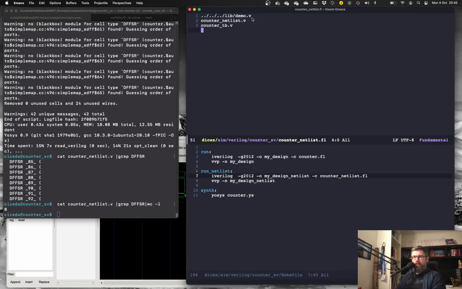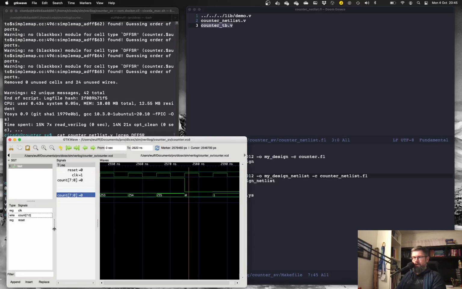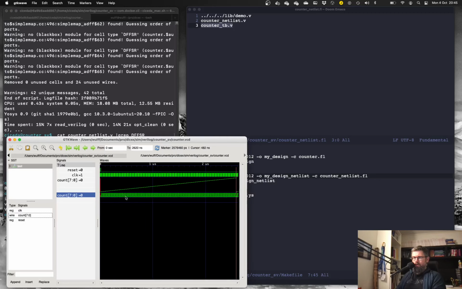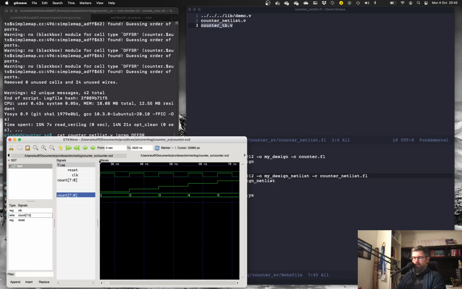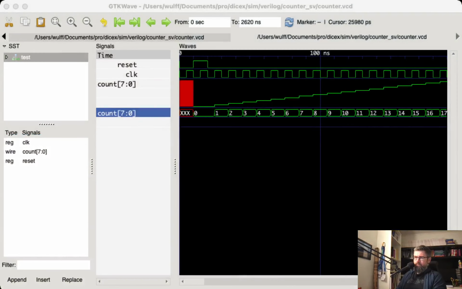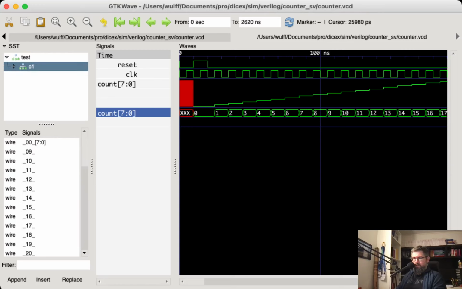And in that netlist file list, I'll include the demo library, the verilog for that, the synthesized netlist, and the counter test bench. So this is the same test bench as before. So if we run make run netlist, we see that runs. If we jump to our waveform viewer, let's go to somewhere in the beginning and reload. Let me zoom in. Reload. We can see that it looks the same, but if I go inside test here, I'll now see all